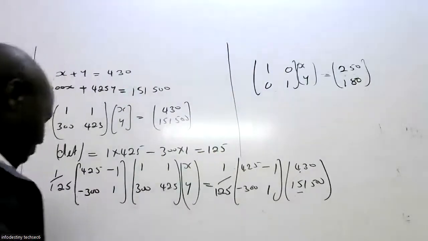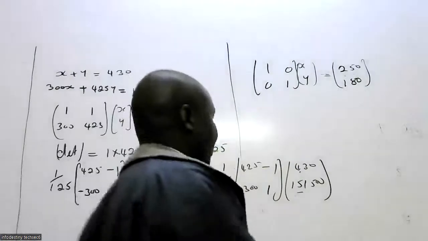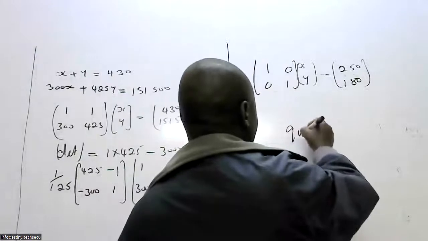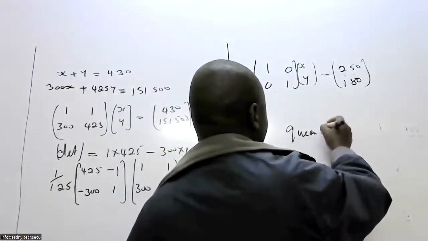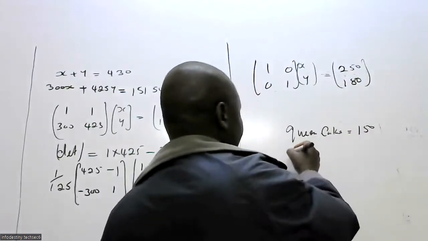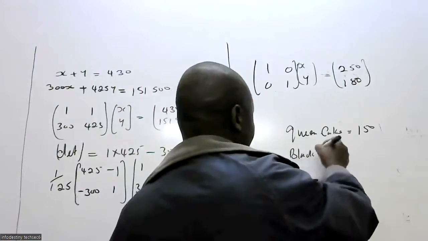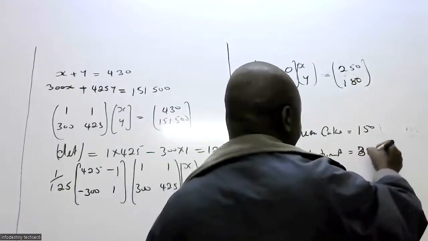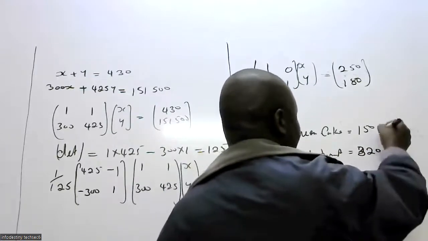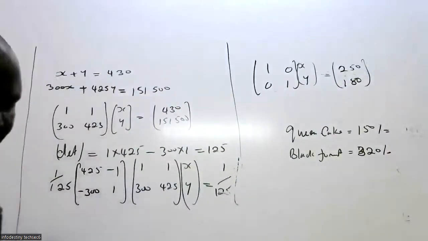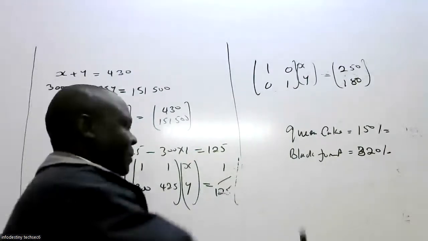Okay, what's the price of a queen cake each? Queen cake is 150, and then black forest is 320. So if these are the price per unit, and they are making a markup of 20% for queen cake, then the selling price per unit